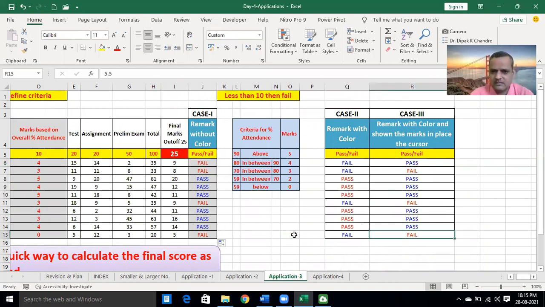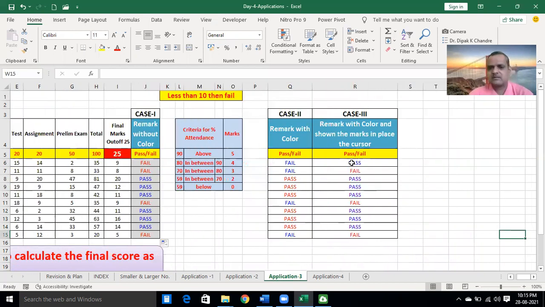Okay. Here the R column is visible. This one is the R column. In this, if we place the cursor in the R6 cell, and see here in the formula bar, instead of pass, here it mentions the marks.